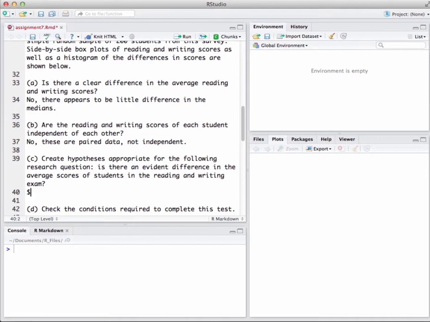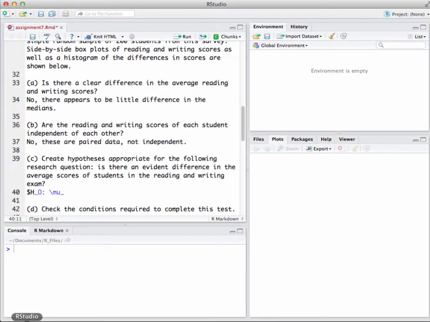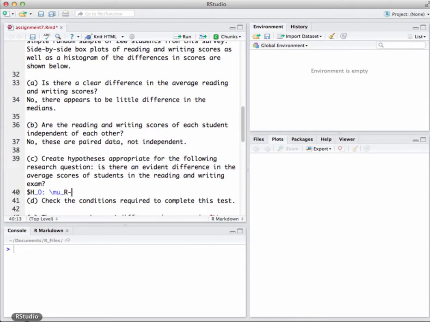So you can go $, and you can go H, with an underscore for a subscript 0, colon, and now what do we want to do? Well, we want to do mu, so I'm going to go \mu, and then do an underscore, and let's see, what did we say again? Sorry, I have a brain of very short mental capacity here. Reading, okay, so reading is going to be our first one. So, and then put an R, and then subtract, and then \mu underscore writing is equal to 0,